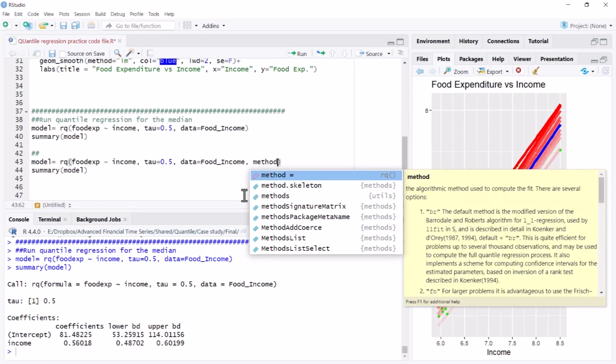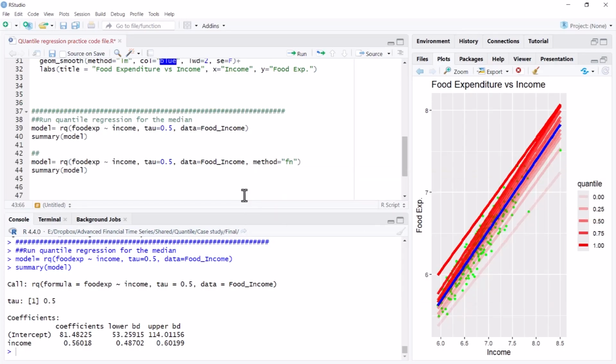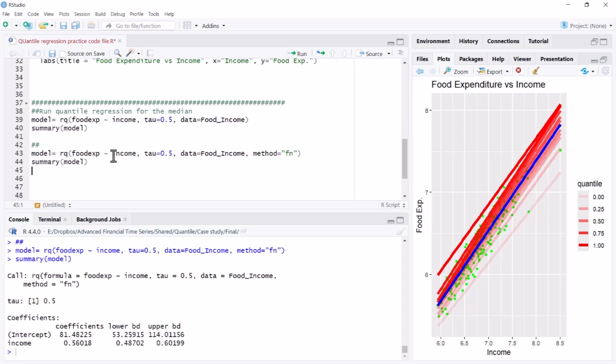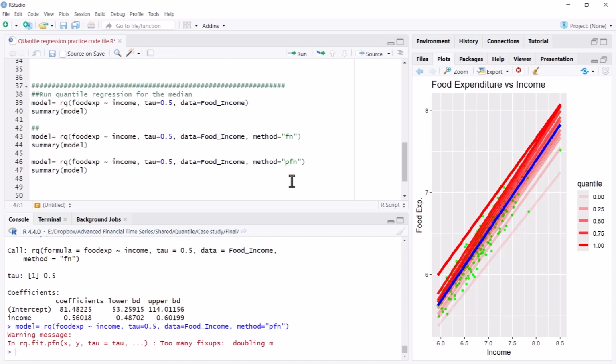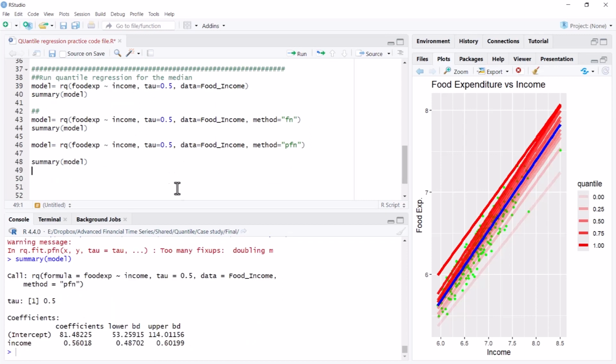This fn is for the Frisch Newton algorithm, and the coefficient is not changing, so not many changes with fn. Again, probably the existing results were the best. There's also pfn, which is another modified version of Frisch Newton. If I summarize that, there's a warning which is not a big worry. Results are similar, so not many changes. We'll stick to the same results.